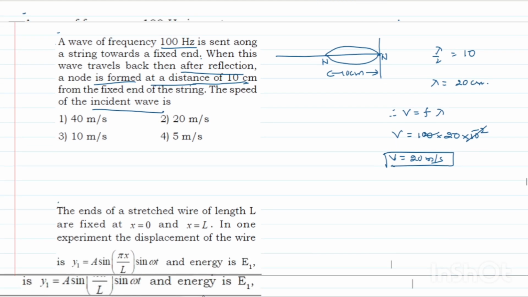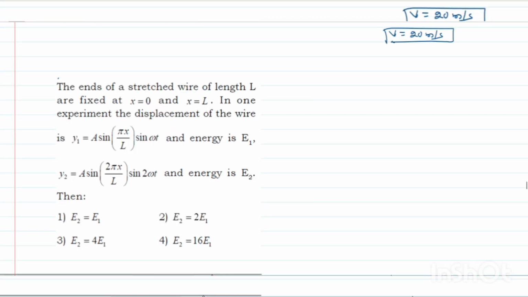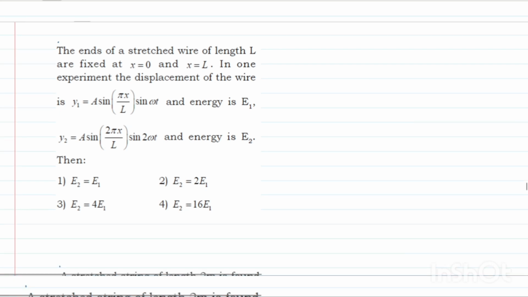Let us see the next question, students. The ends of the stretched wire of length L are fixed at x equal to 0 and x equal to L. In one experiment the displacement of the wire is given as y1 equal to A sin pi x by L into sin omega t, with energy E1, and y2 is given as A sin 2 pi x by L into sin 2 omega t, and the energy is given as E2. Here E1 will be equal to,